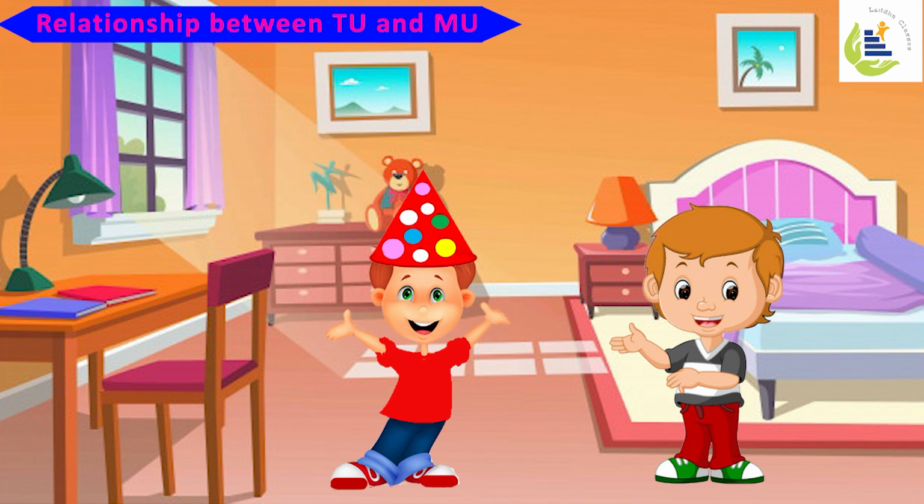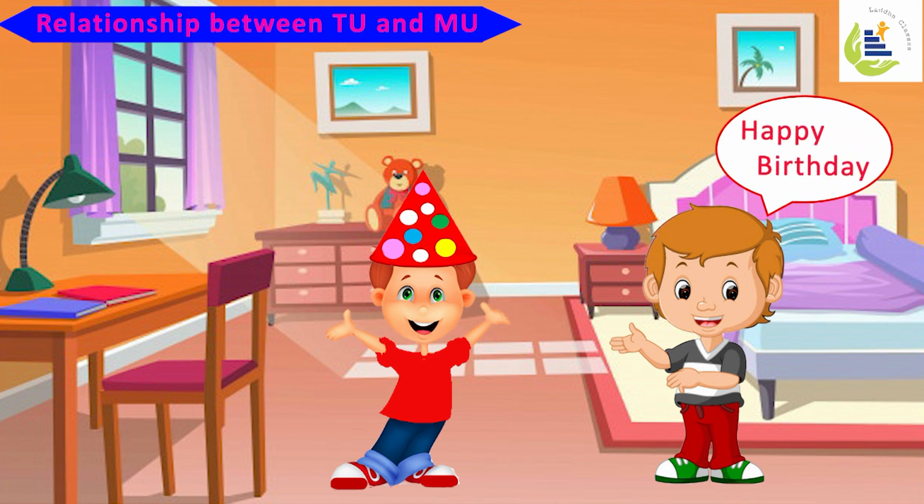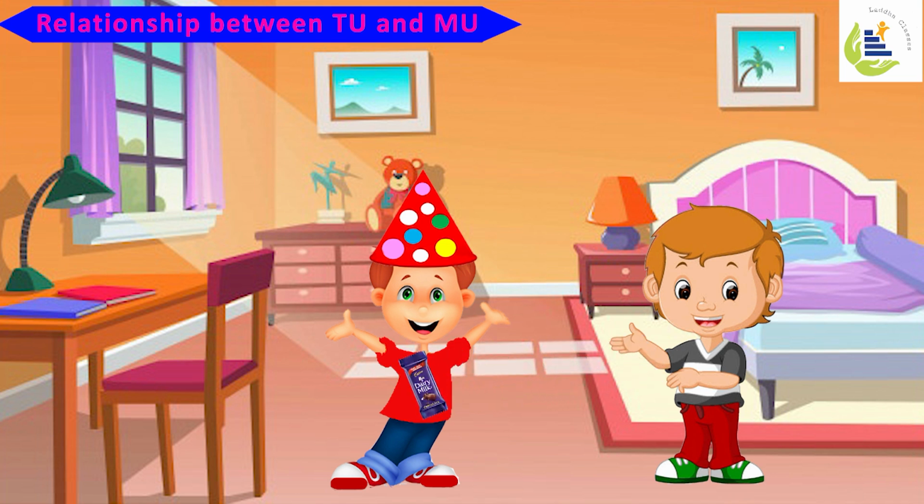I have decided that I will celebrate his birthday by giving him, one after the other, chocolates, Dairy Milks, and I'll ask him to consume them. So in the morning, I went to Sumit, happy birthday. Now let's have this chocolate. Sumit got very excited. He ate the chocolate and his satisfaction derived out of eating it was 100 units. Since he was on an empty stomach and the chocolate created happiness and excitement, the utility of the first chocolate was